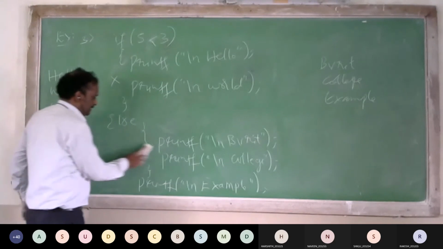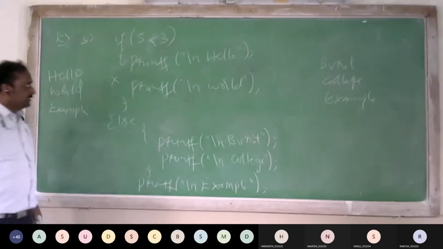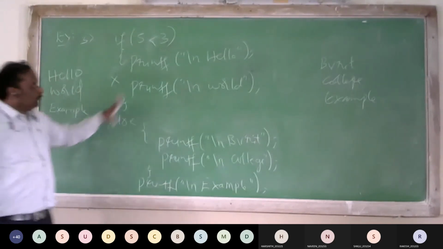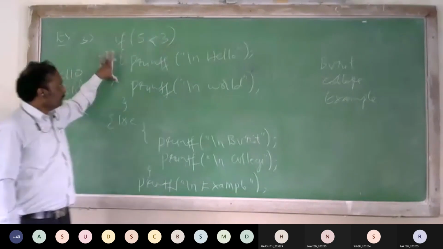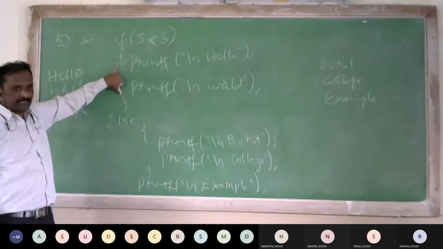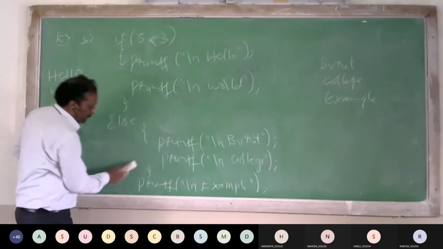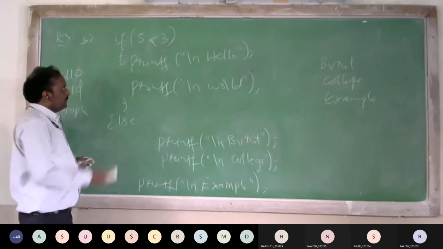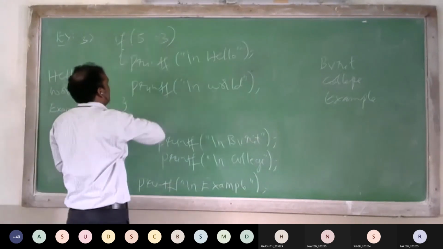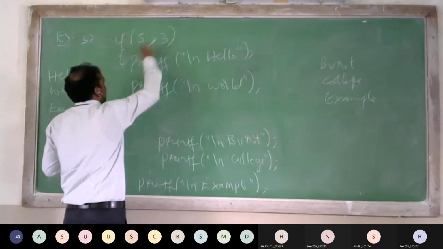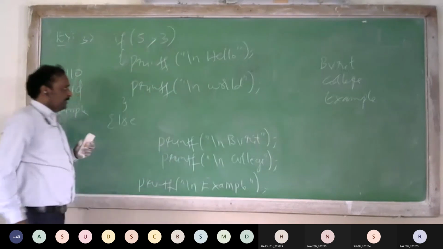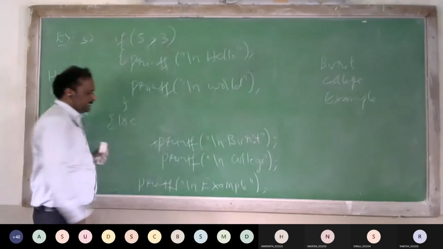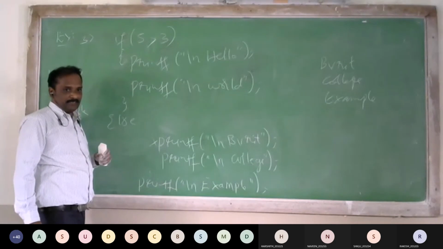Clear? So, if you want to write more than one statement, then it is compulsory to use the braces. If you have not used the braces here, and the condition is true, then only the first statement is executed.